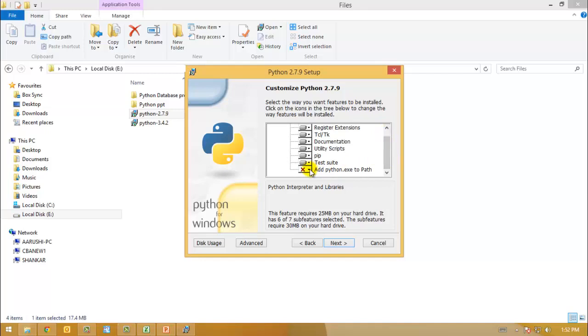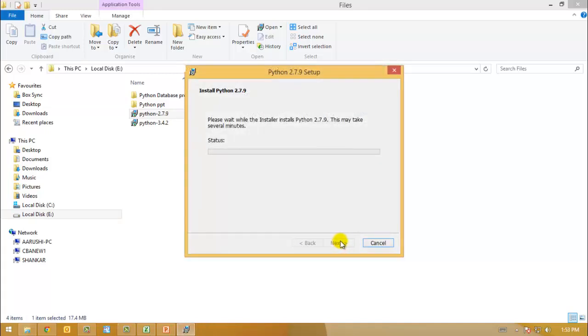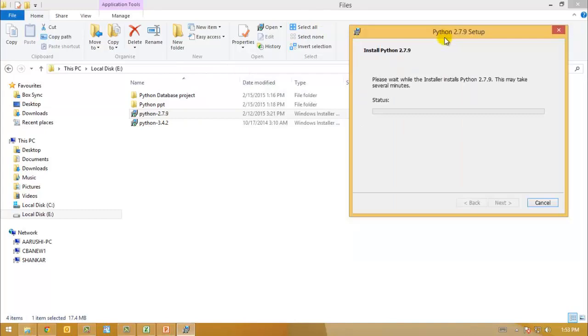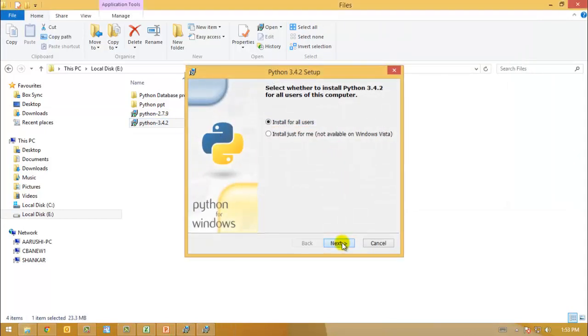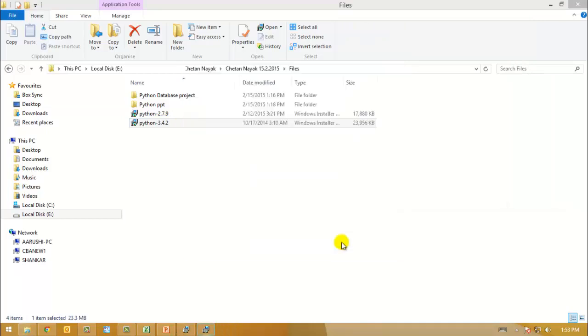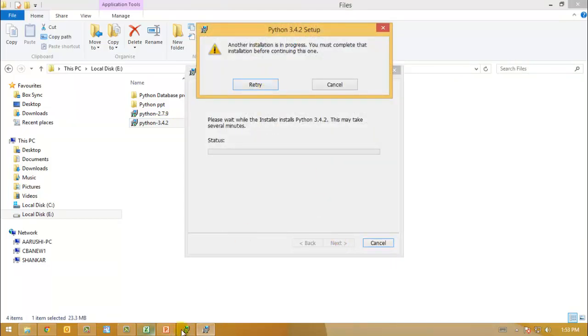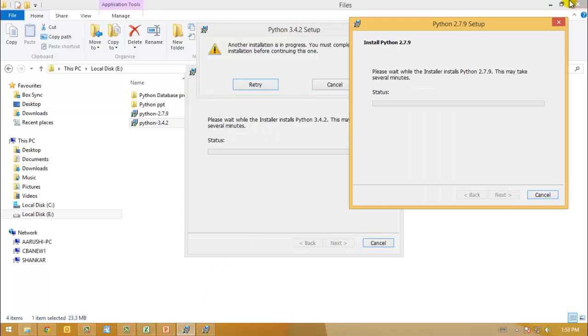Let's see. Yep, that's right. Next. So here I would be installing Python 2.7.9, and while that gets installed, I will also install Python 3.4.2. Okay, yeah, it needs that, so we'll just stay here for just a moment.